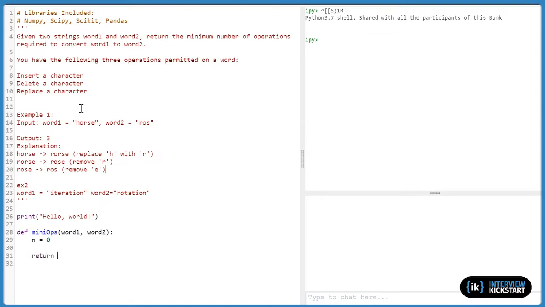So at the end I'm going to return that. So then what is the, okay, so this, I assume there's something to do with recursion. So okay, so if I,